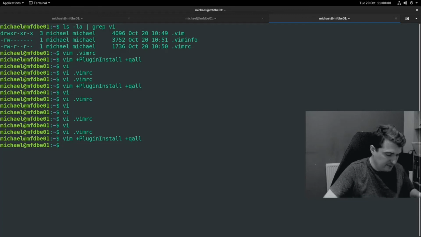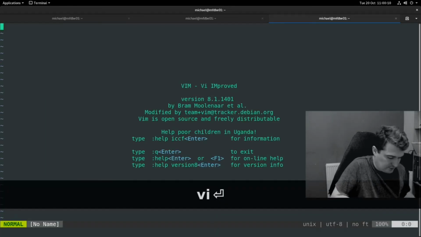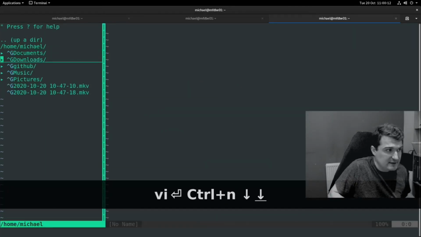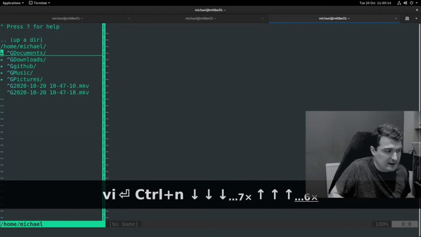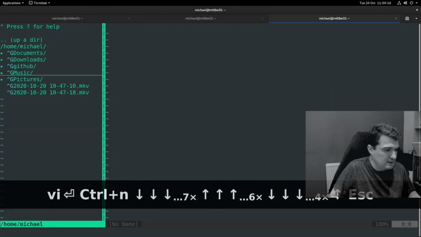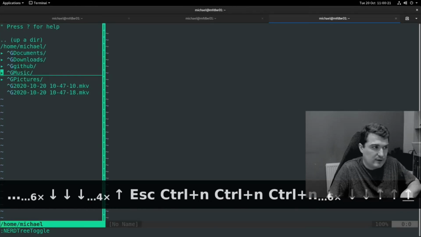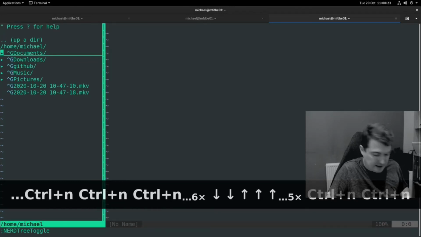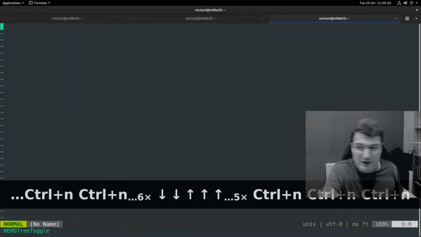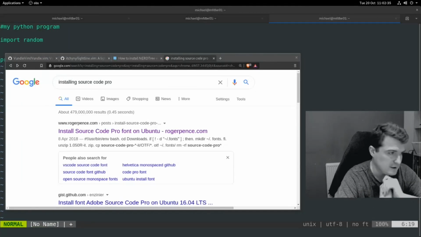Okay, so now if we do vi, we do Control-N. See, this gives us a file navigation. Toggle on and off the file browser. Alright, that's just a little taste of some of the other stuff we can do. Okay, so a final little bit of configuration is